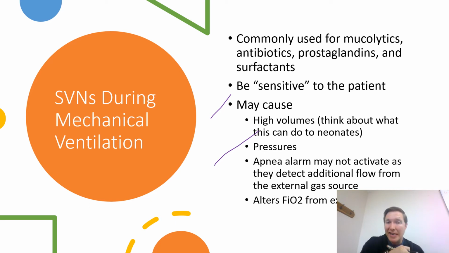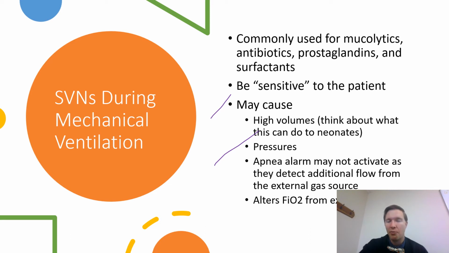But what about on a neonate, where the tidal volume might be 3 mLs total, right? If it's 6 mLs per kilo and this kid's 500 grams, their total tidal volume is 3 mLs, right? Very small tidal volume. Can this make a big difference? Oh yes,